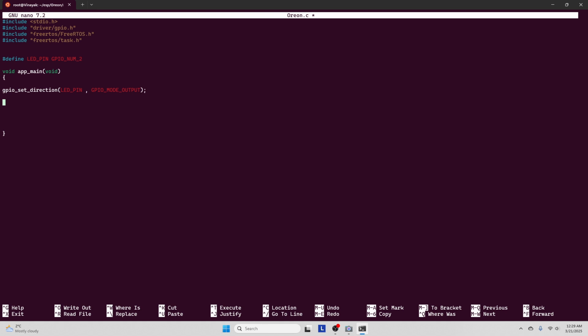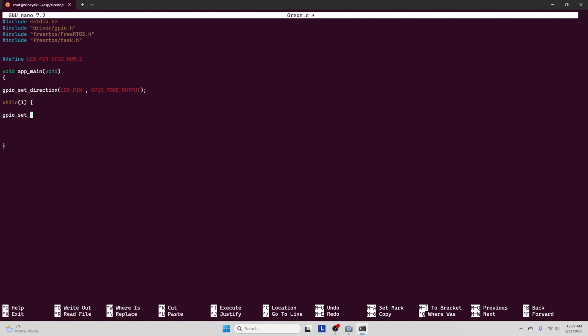It needs to be turned on, turned off. So in that case, we need to create a loop. That loop will make this code work so that the LED can blink accordingly. So in that case, I will create a while loop. The while loop will help us blink the LED. In that case, a small curly bracket, and then I will say GPIO underscore